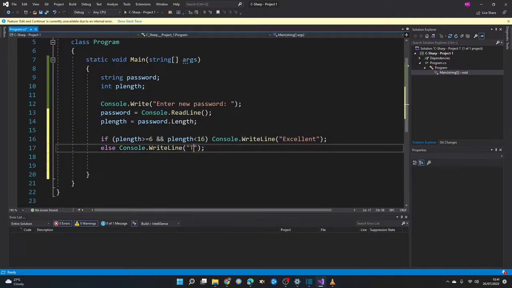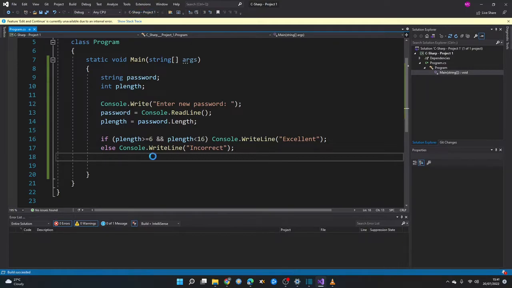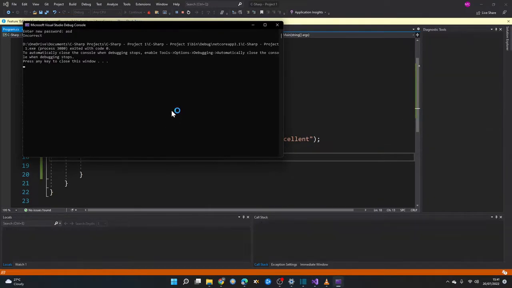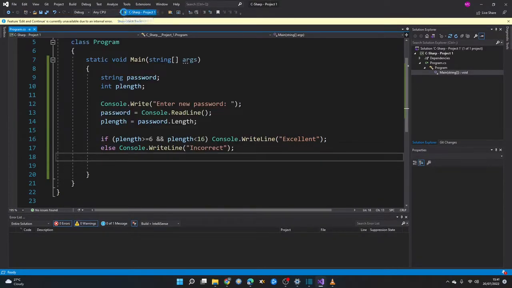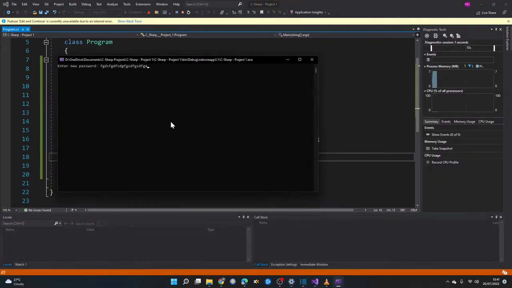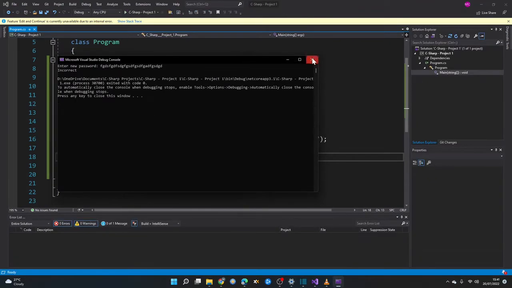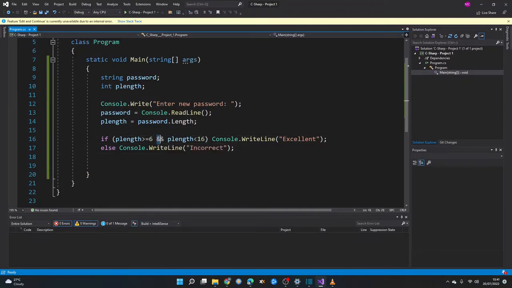Trying to, I don't know, incorrect, whatever. And then I run it, and if I write ABC, ISD, incorrect. And if I write a ridiculously long password, also incorrect. Now you can see here that you're thinking that doesn't look like and. Well,